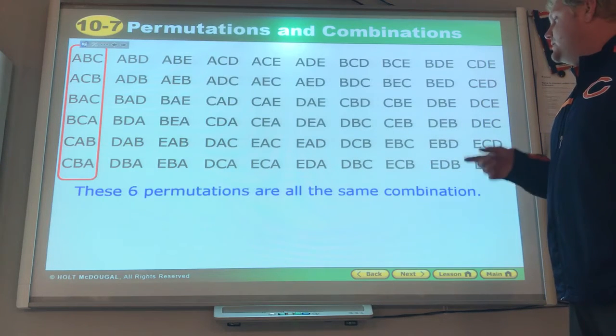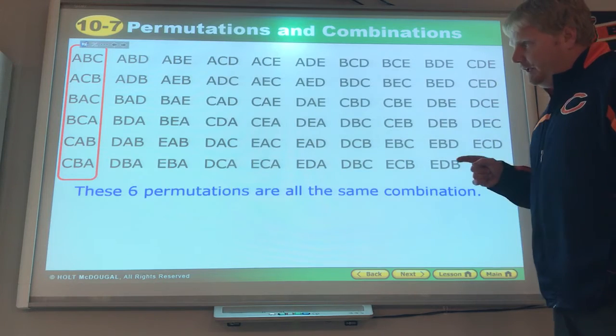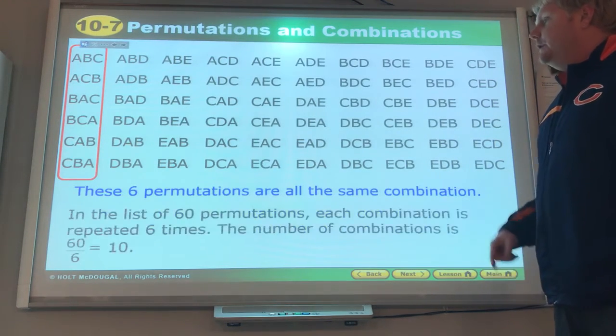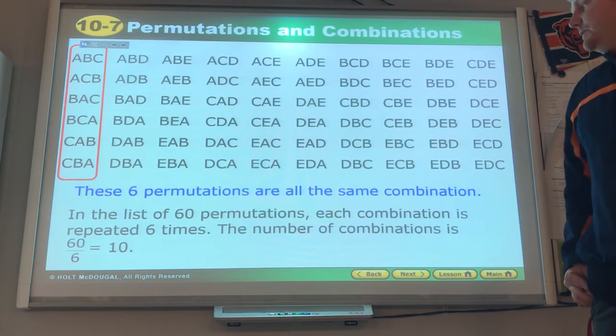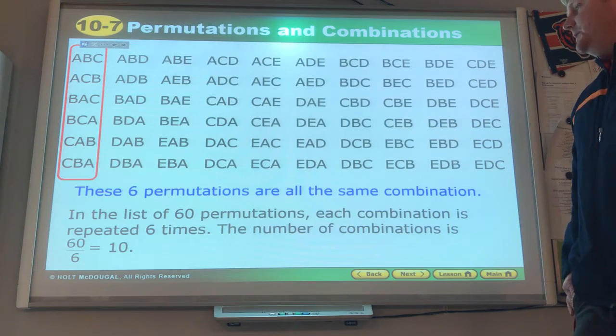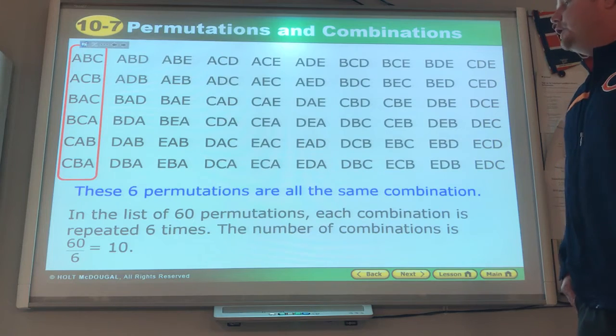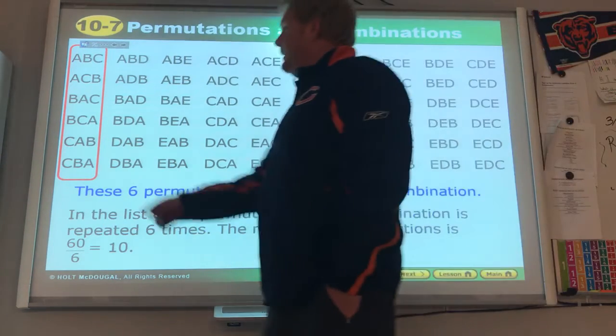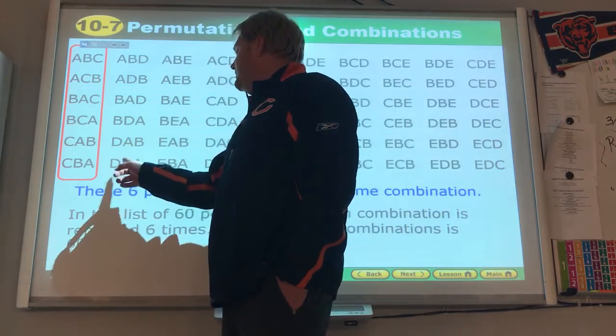These 6 permutations are all the same combination of A, B, and C, because order doesn't matter. So in the list of 60 permutations, each combination is repeated 6 times. So there are 10 different combinations. We can have A and B and C, we can have A and B and D, we can have A